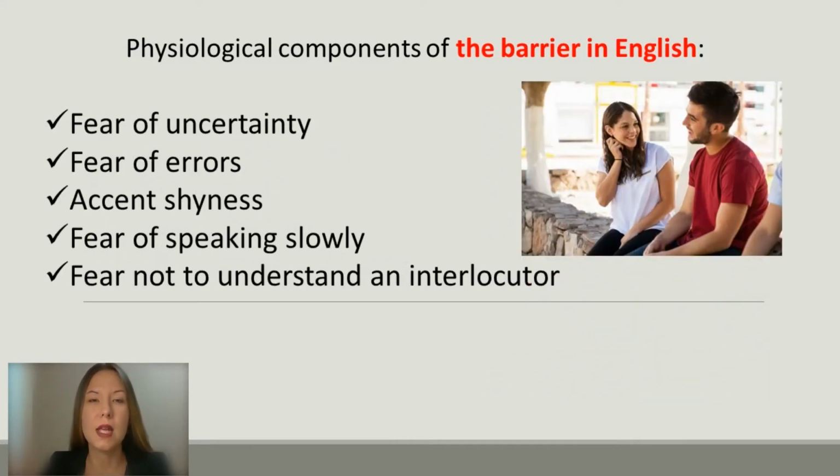Fear not to understand the interlocutor. The final phobia combines all the previous ones. I can make a mistake, I speak too slowly and with an accent, and I can also not catch some of the words of the interlocutor. All this will not let him understand me. At best, this fear makes us speak with a foreigner too loudly. It seems to us that they will understand us more quickly. At worst, it keeps us from even trying to speak English.